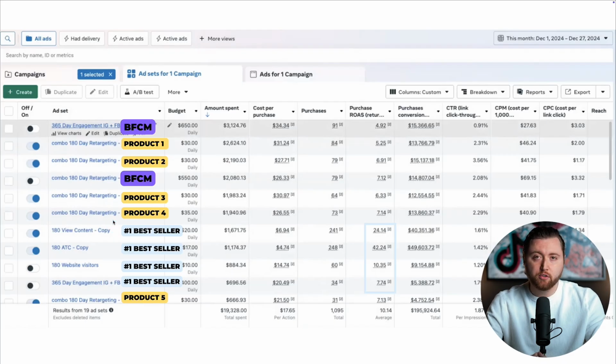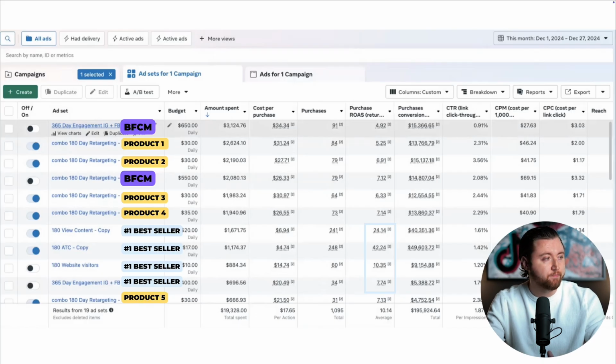And this is where we're introducing products that people might not have heard about that we're selling, meaning rather than just only running our best sellers and phasing out our creative so quickly, we're actually spinning up new product lines and getting people to buy other items we actually have on our store. And once those actually start performing, we now have additional products we can go after with our prospecting and scale